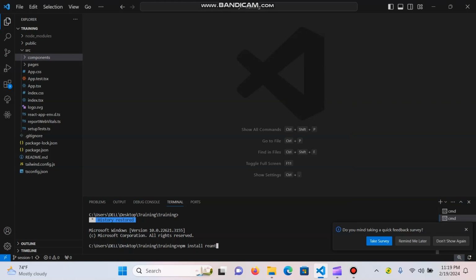So for this case, we're going to install a very useful package that is normally used whenever you install React, which is React Router DOM. Now, React Router DOM is a routing library which is used to navigate from page to page while utilizing React's core feature, which is React DOM. React DOM is